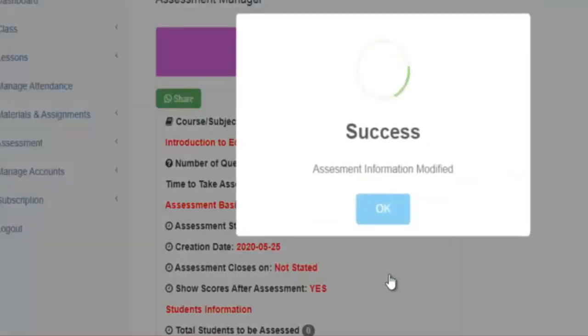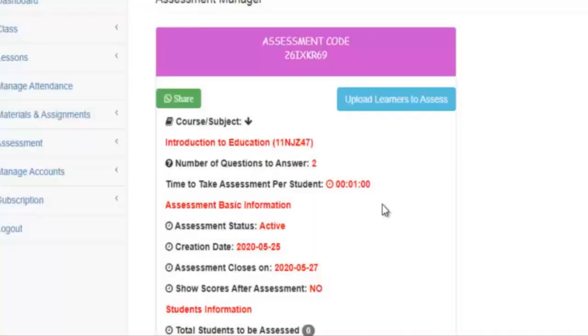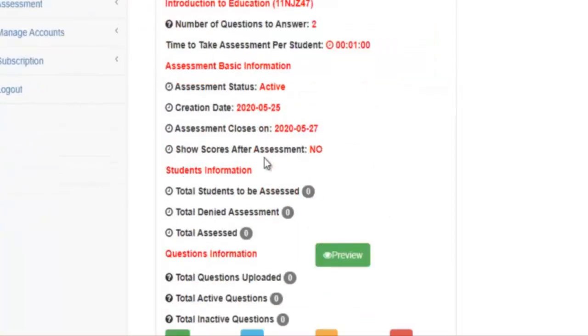So you modify your assessment. Assessment information modify, so you select OK. So over here you can see that show scores after assessment has changed to no. Assessment closes this day, and of course we are yet to fill up this information. Now